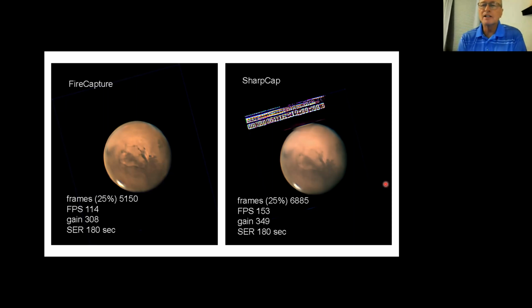The other thing that I'd like to point out is this: when I set up the region of interest, SharpCap puts this timestamp at the top, and you may have noticed that on the frame earlier, and it kind of gets in the way when you do the drizzle. And so you can see it created this giant wart on the top of Mars here because the processing tried to process the timestamp at the top. So again, if you're going to use SharpCap, you want to make sure that you keep the planet disk pretty far away from that timestamp. There may be a way to get rid of that, but